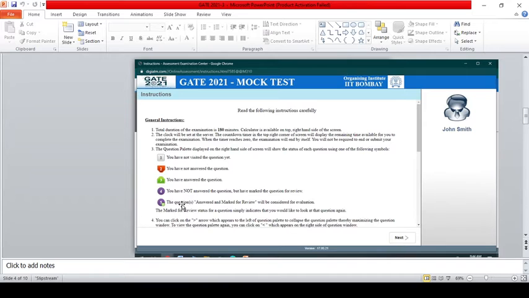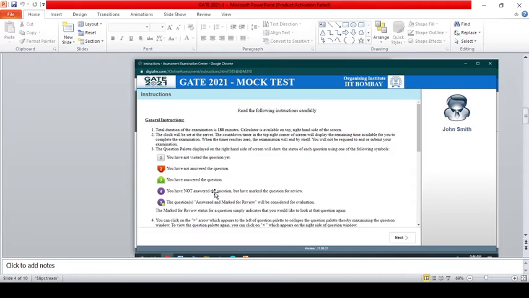This fifth one, answered and marked for review, is just like in 10th and 12th public exams, where you write your exam and your teacher asks you to revisit your answer sheet in case you made some mistake. Just like that, you need to answer and click mark for review, because the question paper may have 65 questions. You don't have time to revise all 65 questions at a time, and among 65 questions you may try to answer only 30 or 40 questions. So click only those questions. It will be very helpful for your final review strategy.